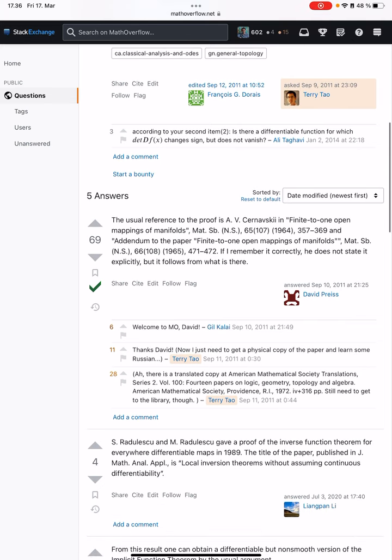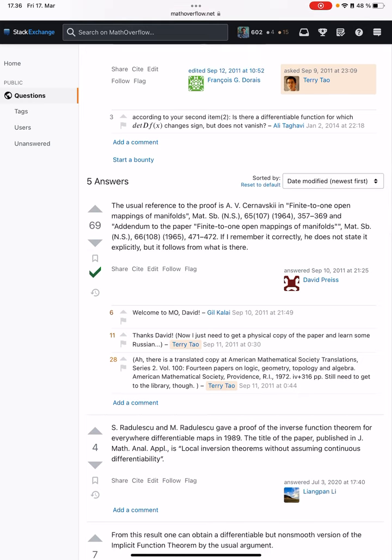So Terence Tao jokingly says, "Thanks, David. Now I just need a physical copy of the paper and learn some Russian." So he means it. Then following that, 15 minutes later, you can see, he says, "Oh, there's a translated copy at American Mathematical Society Translations, volume this. I still need to get to the library though." He follows on this. You may think, wow,